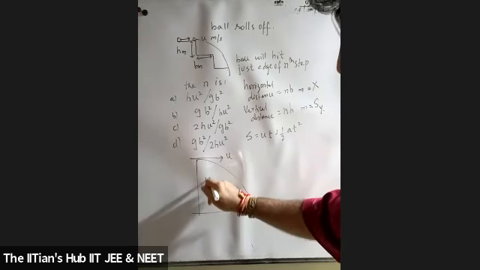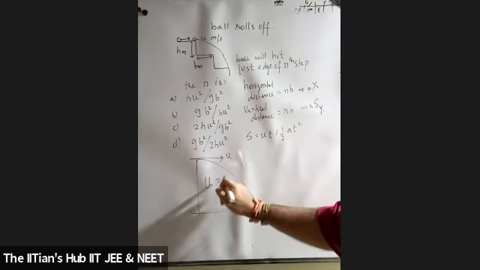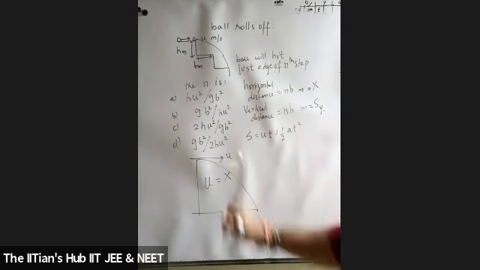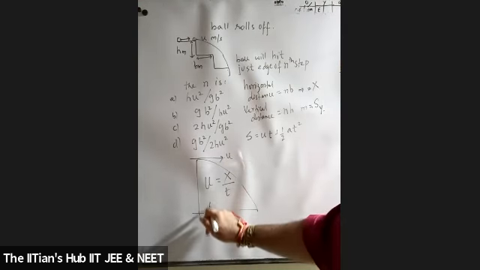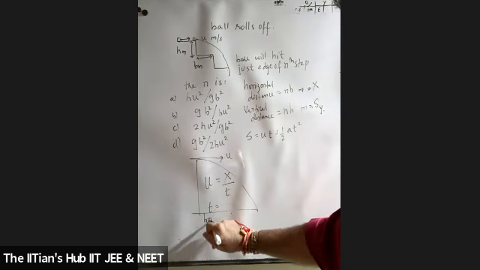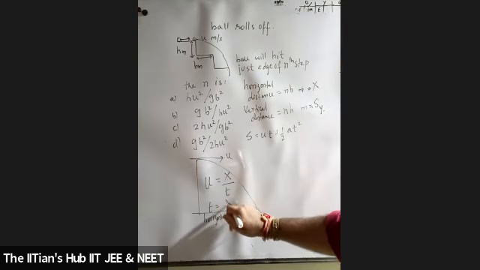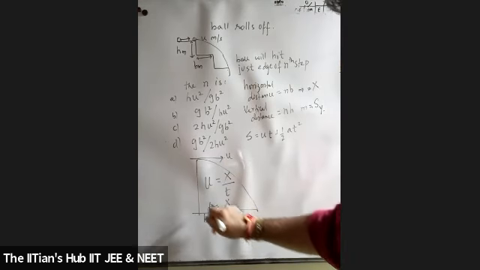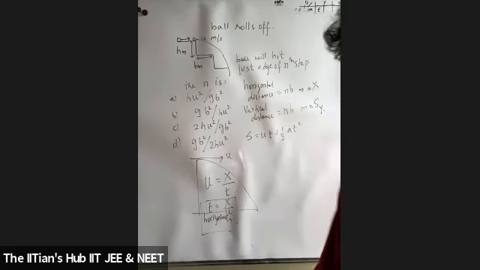So speed in the horizontal direction will be equal to what? Distance covered in the horizontal direction upon time taken in the horizontal direction. So what exactly is the time taken horizontally? Time taken by the ball to cover the distance horizontally will be equal to distance upon speed. Students, is this much clear to all the students?